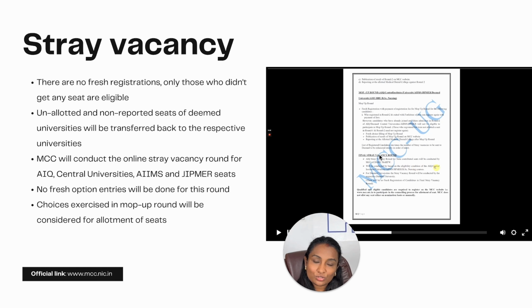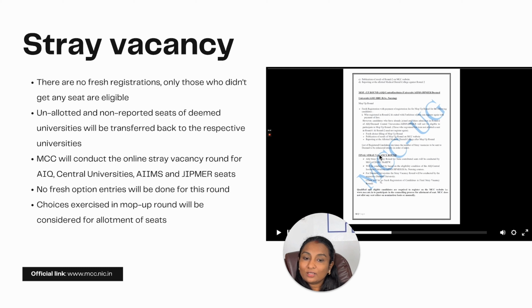Stray vacancy will repeat again. So the last round is the stray vacancy round. There are no fresh registrations for it. Only those candidates who've registered in the first, second, or previous rounds are eligible for the stray vacancy.